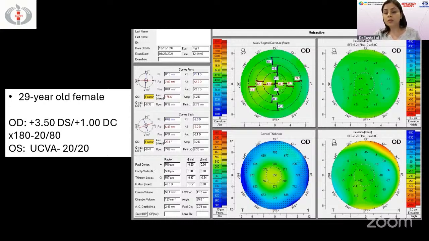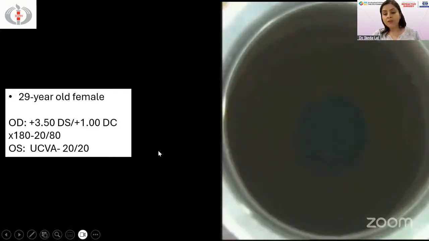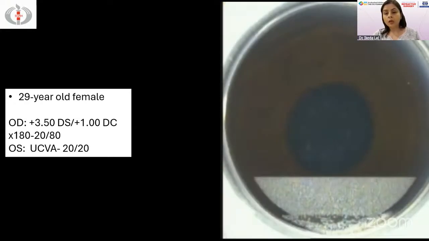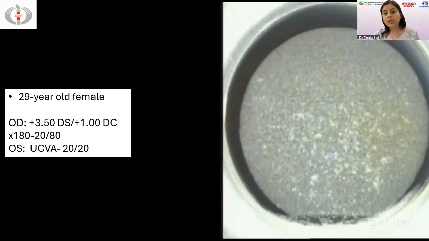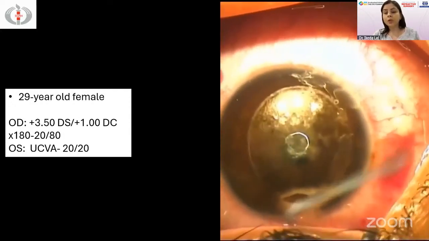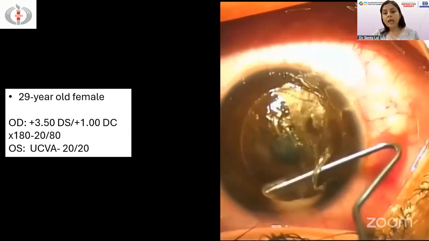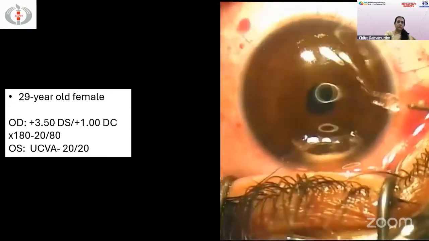And the minimum corneal thickness here is 547 microns. So we went ahead with LASIK in this patient, and we used the IFS 150. We can see here after docking, the flap creation has gone on pretty smoothly. There is no significant OBL. And subsequently, we lifted this flap. There were no intraoperative epithelial defects and a few Meibomian secretions, but nothing very significant.